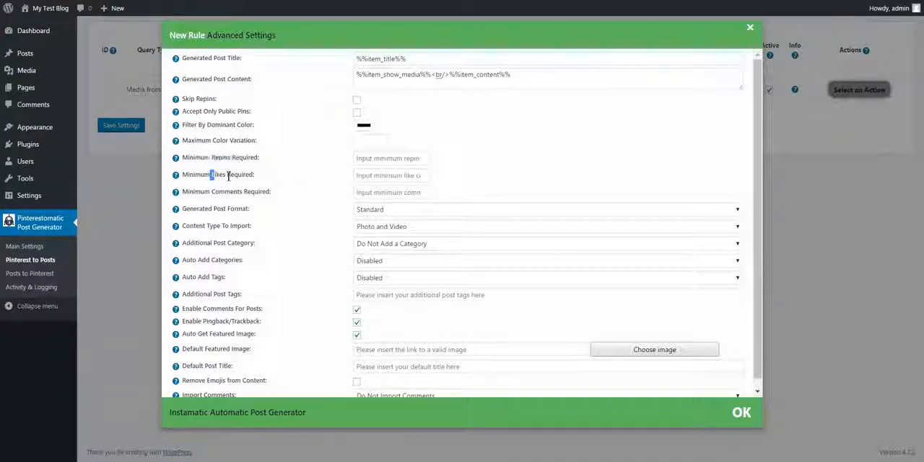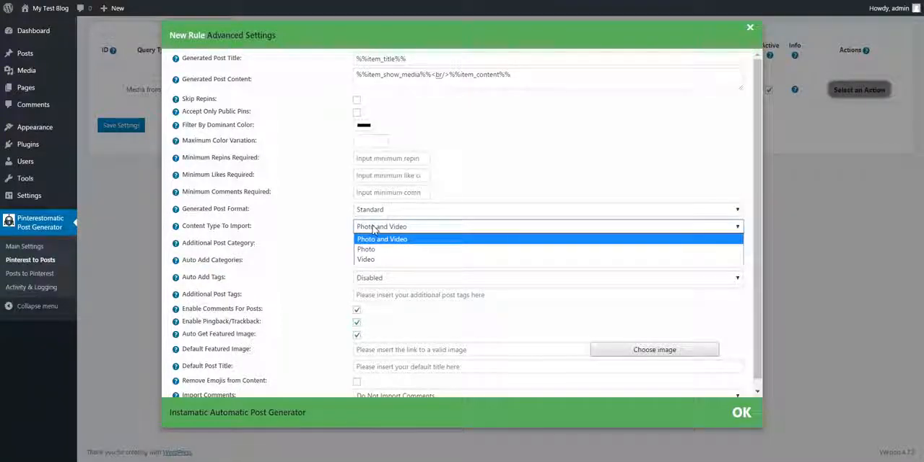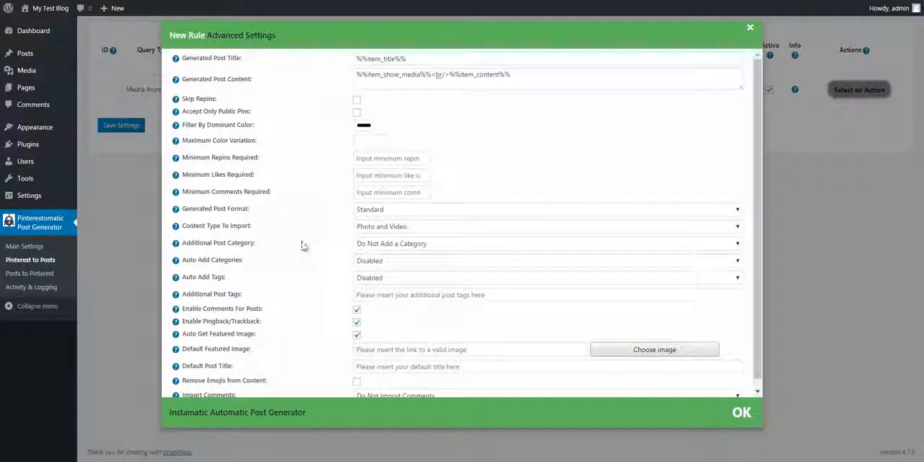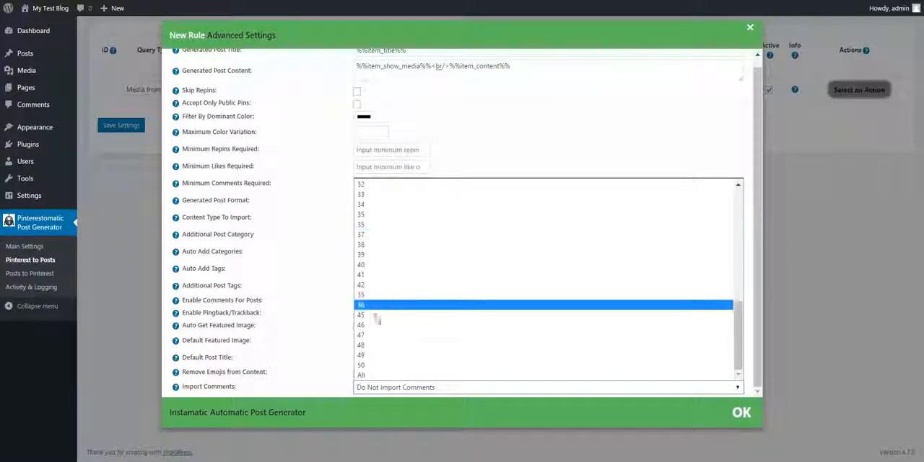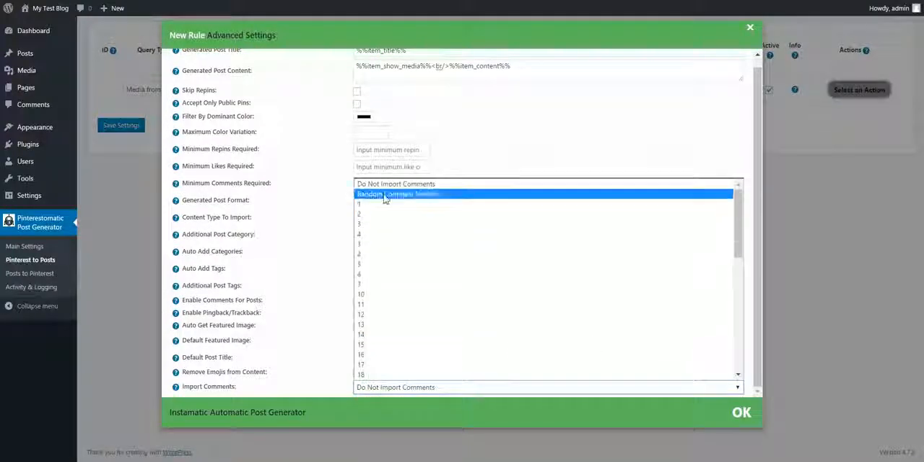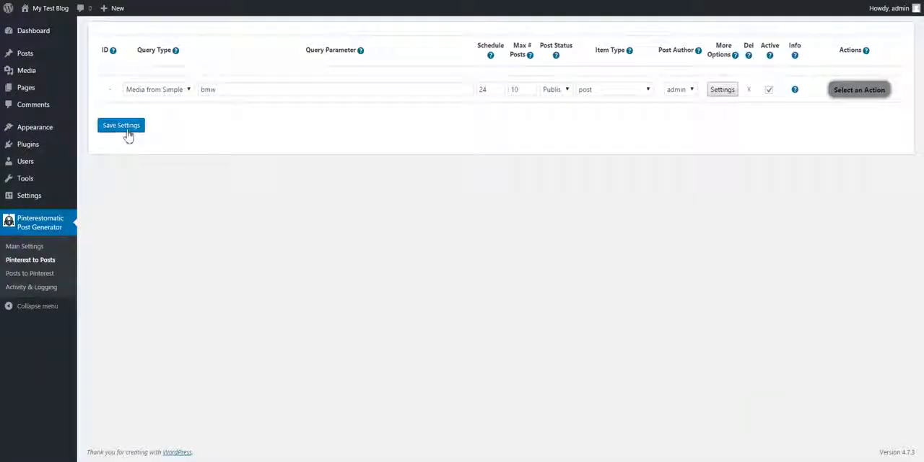Minimum repins required, minimum likes required, comments, generated post format, content type to import, only photos, only videos, or both, additional post category, post tags, auto add tags, additional post tags, enable comments, ping back trackbacks, auto get featured image, default featured image if no featured image available, default post title if no title available, remove emojis from content, and import comments. Let's say I want to import a random comment number. Okay, let's save our settings